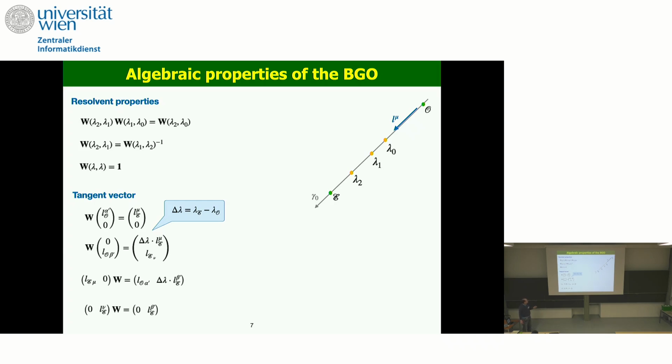It turns out that the result is independent of the geometry. If you plug it in this upper part, you get L at the emission point simply. If you plug it in the lower part of this big vector, what you get is again proportional to LE. But here there's a proportionality constant, which is basically the affine distance along this null geodesic, delta lambda, between the